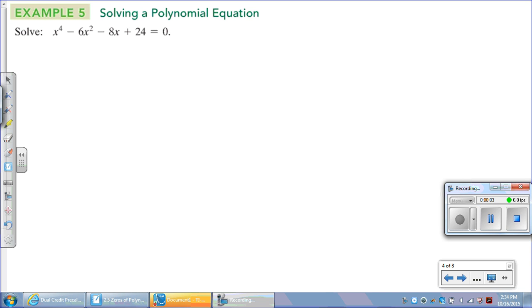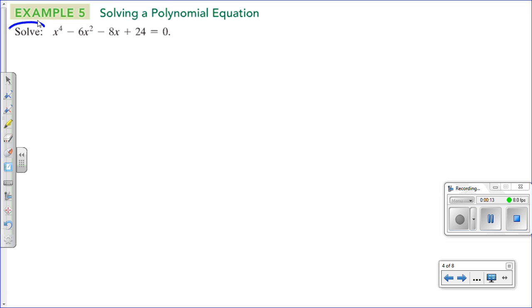This video will cover section 2.5, part 2. So we're going to start from where we left off, which was problem 5. And what we did with problem 5 was to solve, to find the zeros. Remember, that's what it means to solve: to find the zeros. One thing that we did was use the rational zero theorem, and we had a lot of possibilities